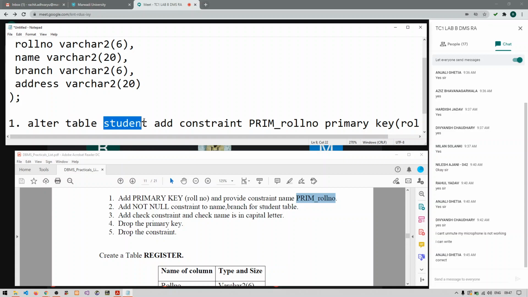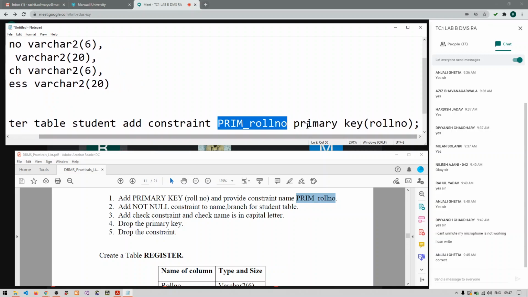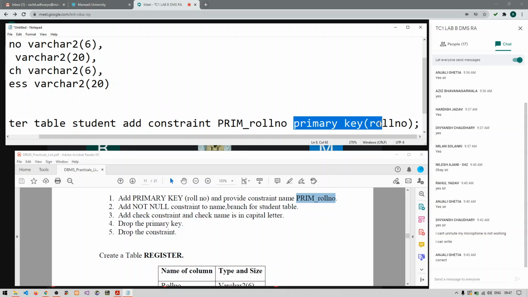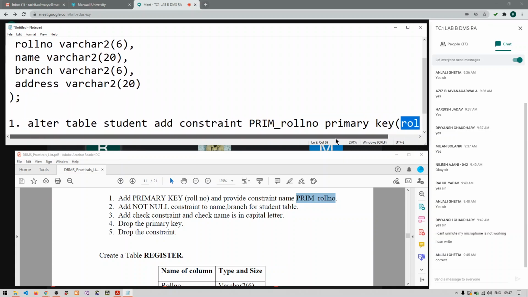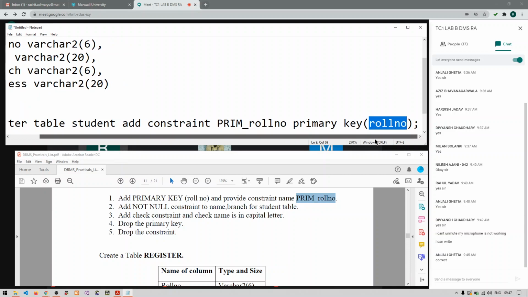Alter table student, because we are changing the structure of the table. Then add, because we are adding something new to the existing table: one constraint. The name of that constraint is prim_rollno. The type of that constraint is primary key, imposed on the column called rollno. This is how you add a primary key to the table after the table has been created.